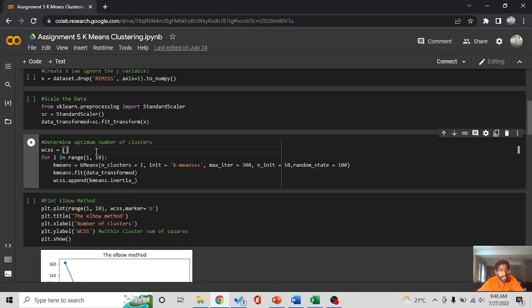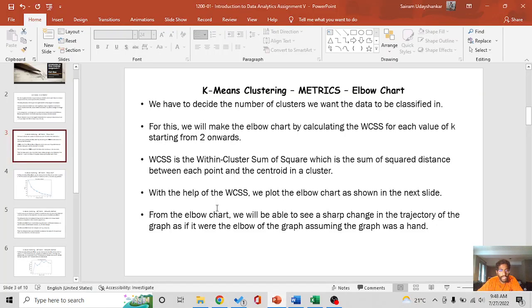Then we come to something called, so in the k-means model, we have to tell the model what are the number of groups we should classify the model in. So now this is a tricky part. We have to tell the model how many groups we want to see in the data, and for us to understand that, we need to know about certain metrics. Let's come to WCSS first. WCSS is within cluster sum of square. So as mentioned here,